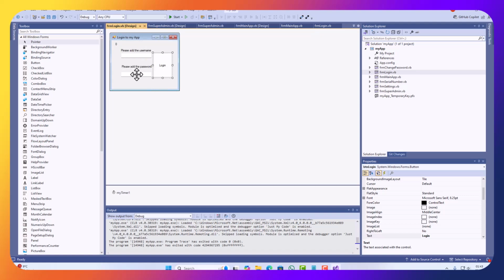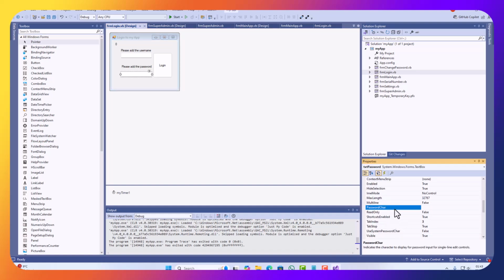So if we go to the login page and we select the password text box, let's go to the password character. Let's go to the properties. We're going to find here the password character. There is password character. Let's put an asterisk here. You can put any letter that you like. You can put the number 3 or whatever you want to put. Asterisk is the most common